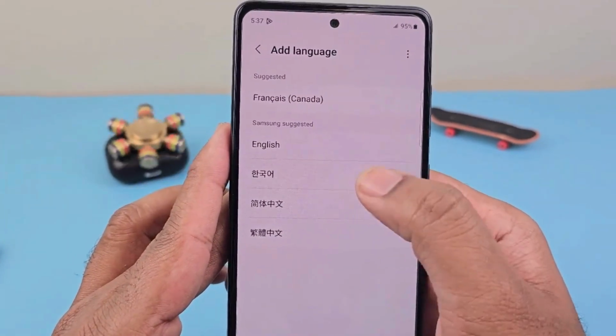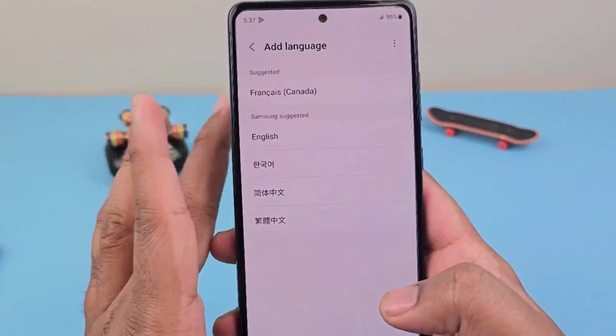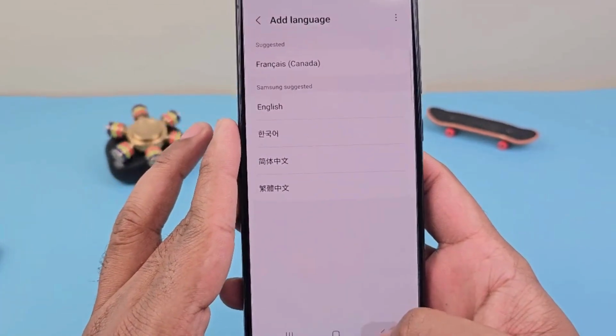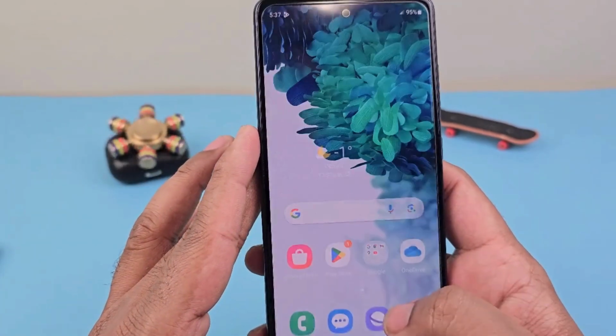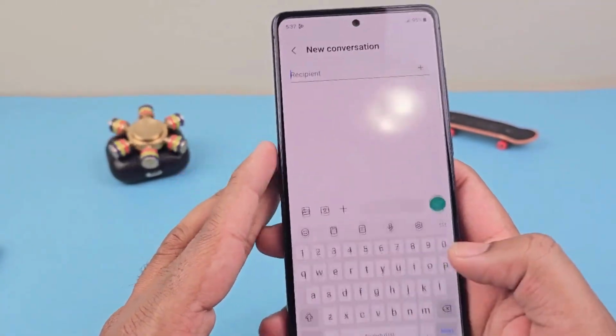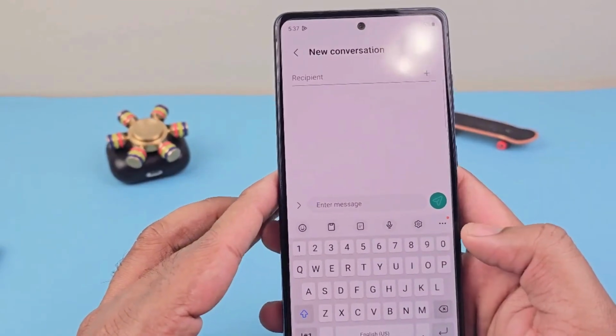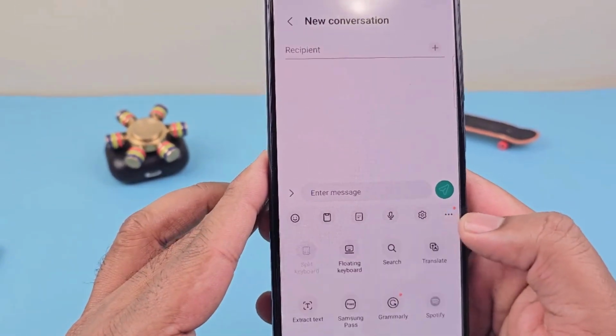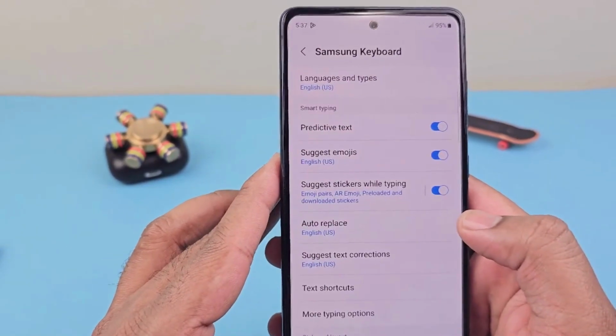You can add these languages. These are built-in languages, but if you want to add any additional languages, there is one more way. When you type any text message or anything, you'll see there is a settings option. When you open these settings,